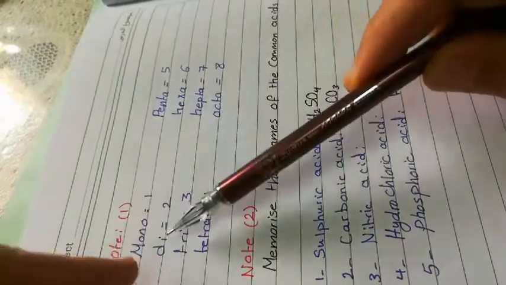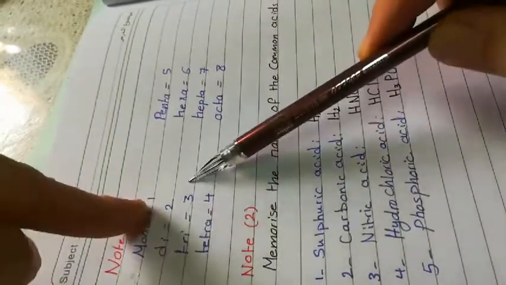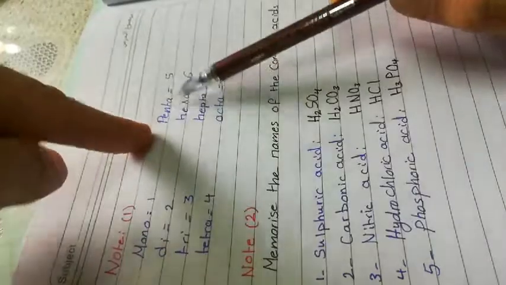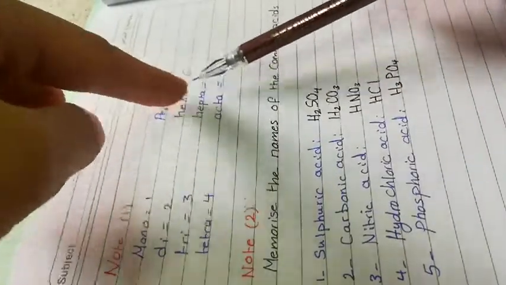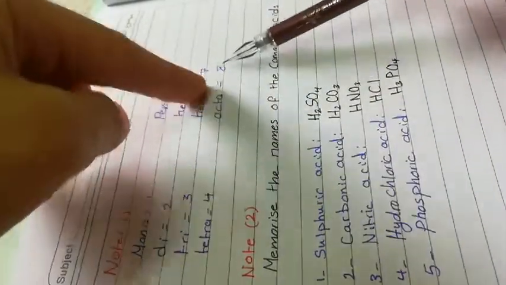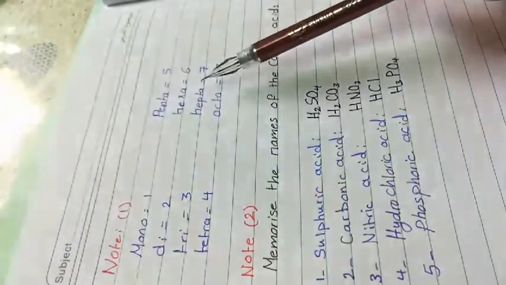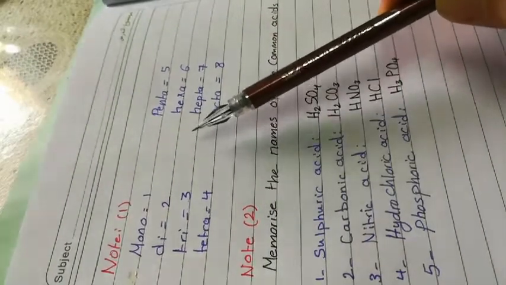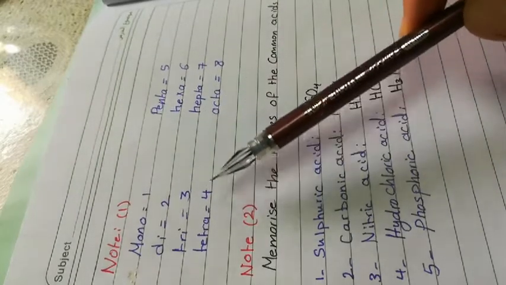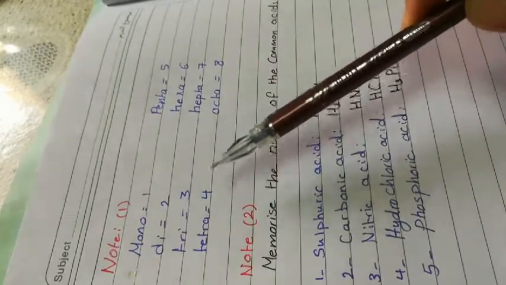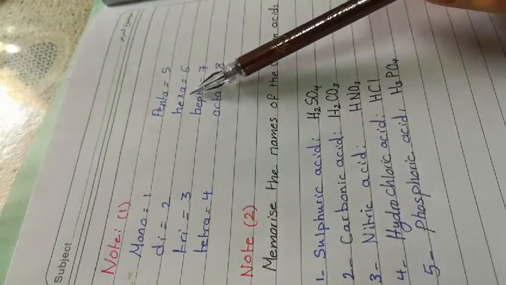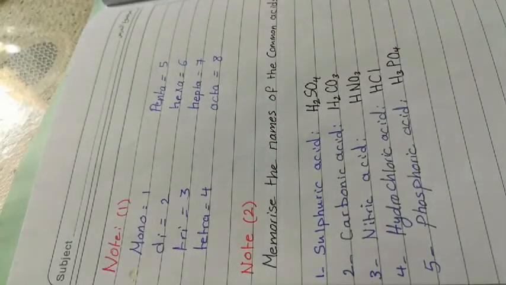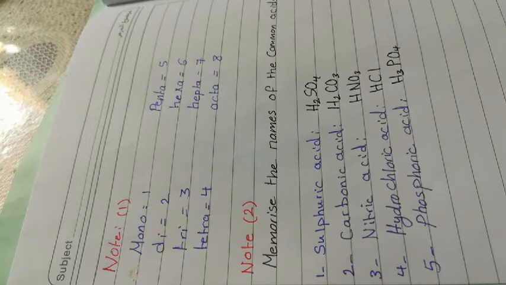Mono means 1, di 2, tri 3, tetra 4, penta 5, hexa 6, hepta 7, and octa 8. So if I write silicon trioxide, SiO3. Tetra, O4, SiO4. Penta, SiO5. Of course, we don't have these compounds, but imagine that we have silicon hexaoxide,